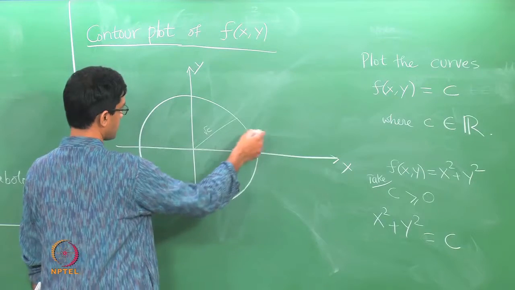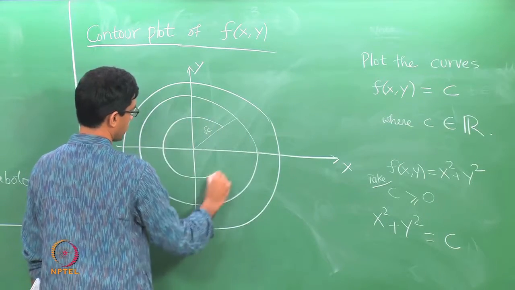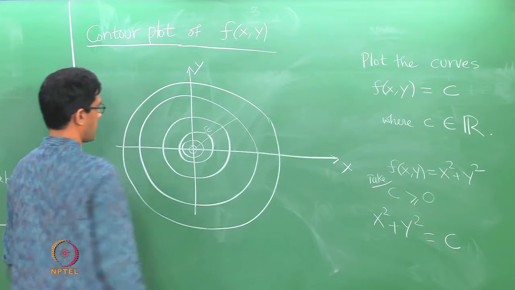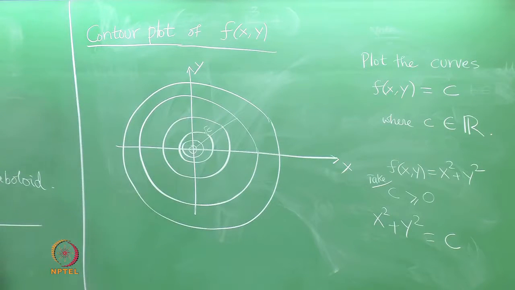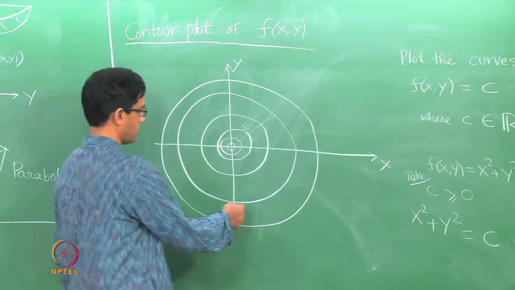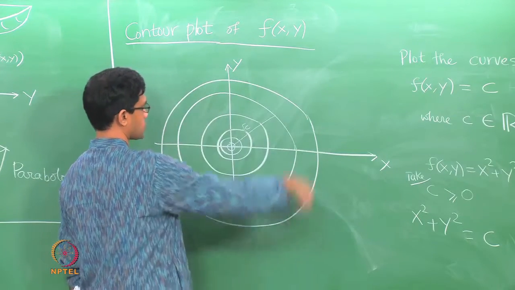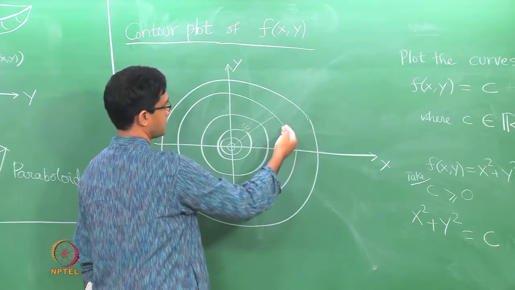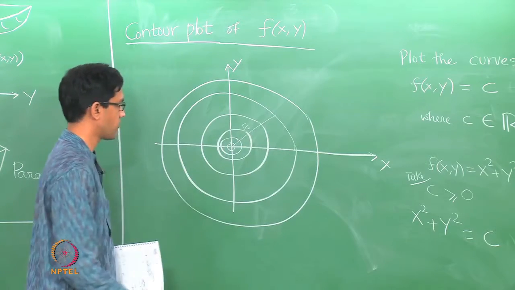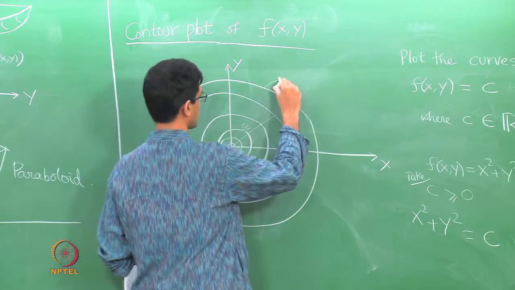So, if I increase the value of c, I will get larger and larger circles, whereas if I decrease the value of c, what I get is circles of smaller and smaller radii. Okay. So, a plot like this in which you sort of also keep track of, say, what c each thing corresponds to. So, for instance, this outermost thing might have been c equals 100, and say this is c equals 50, c equals 20, and so on. It gives you some sort of mental picture of what the function is doing. Okay. So, these curves that we have drawn are sometimes called the contours or level curves.